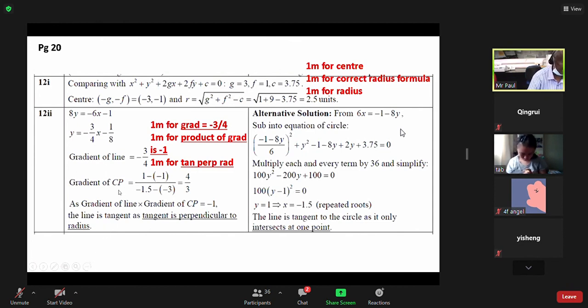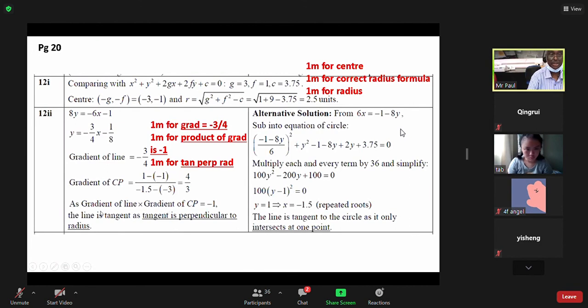P is (-1.5, 1). So you use the distance formula, you should get your gradient for CP. Actually, this is your radius, the gradient of your radius. Then this is the gradient of the line, which you have to show as a tangent. So how do you present? You must take the gradient of line times